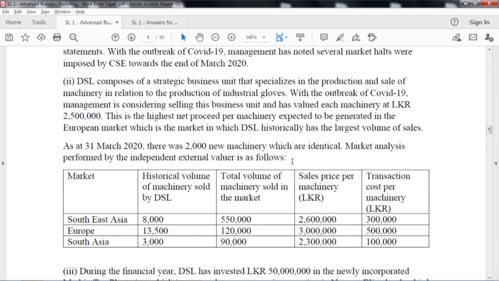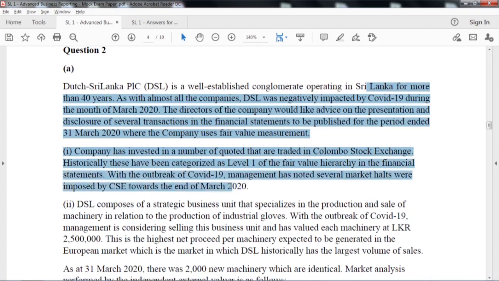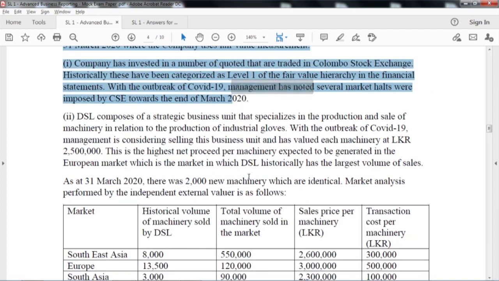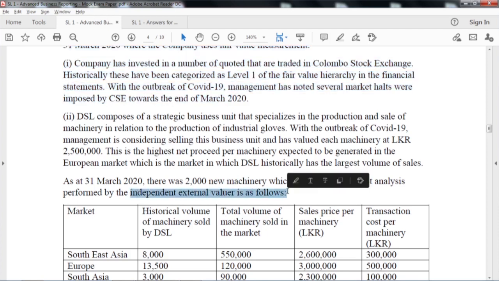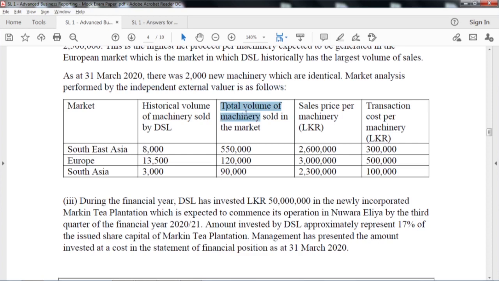this is, as you see, related to the accounting standards. They have all been linked to COVID-19 anyway. So, these are investments, machinery, valuations, right? These are valuations, right? This is application of fair valuation also.